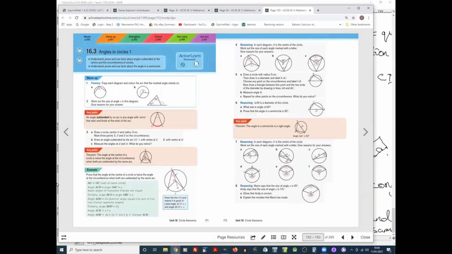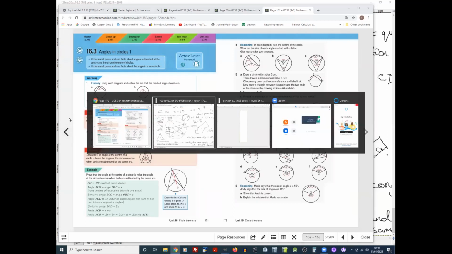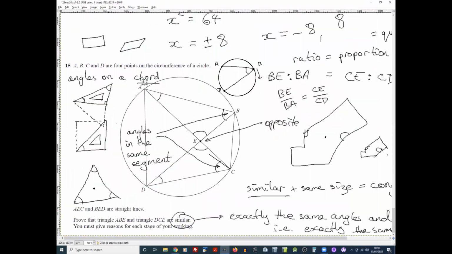Subtended. An angle subtended. Oh, they're calling it an arc, subtended by an arc. It had been fashionable to say what I said, angles on a chord. I better amend my notes here. Angles on an arc, or subtended by, even better, now that, how terrible, I couldn't remember that word. Angles on or subtended by